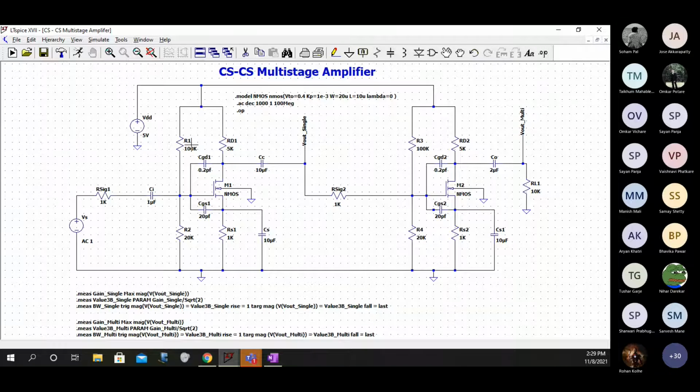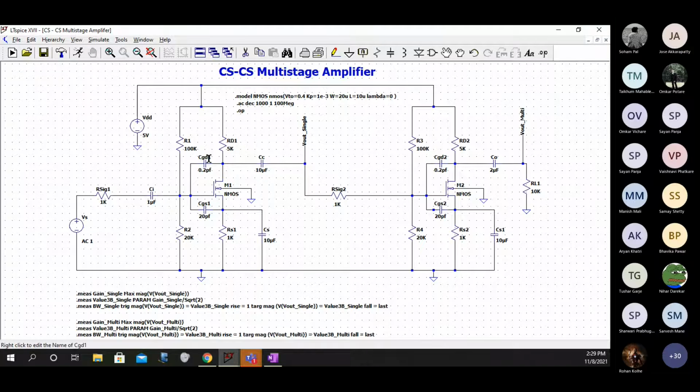When you copy, that time you cannot name both these resistances as R1 and R1. So this is R3, this is R4, because SPICE will not allow the same name for two different resistances. Okay, so that's why in the first stage all the naming are the same. RD I have written RD1, RS I have written as RS1 because they are RD and RS of stage 1. And similarly we have RD and RS of stage 2 also. So accordingly we have named them.